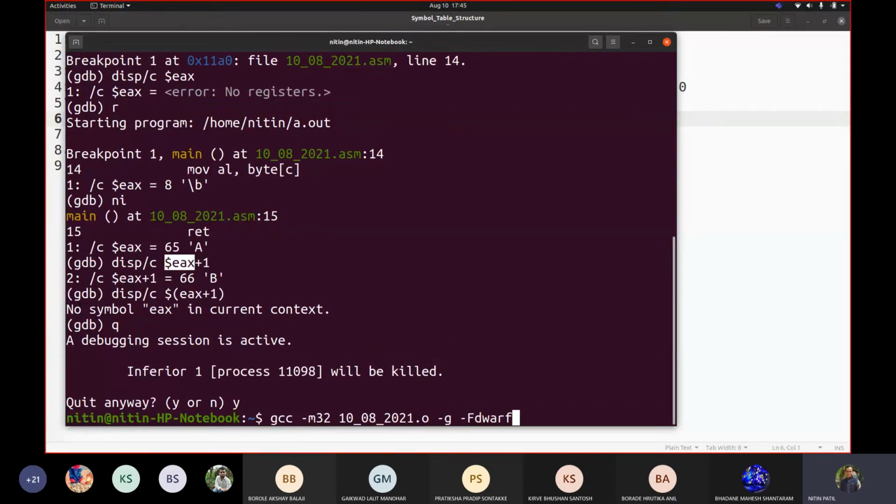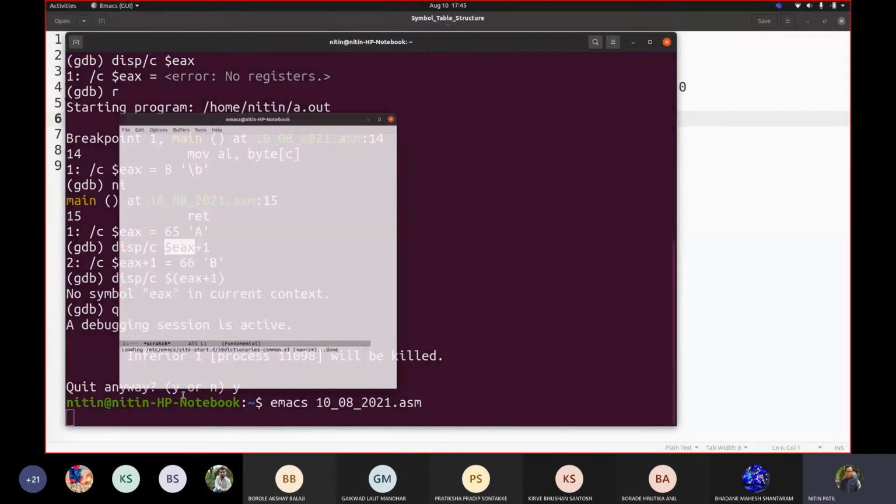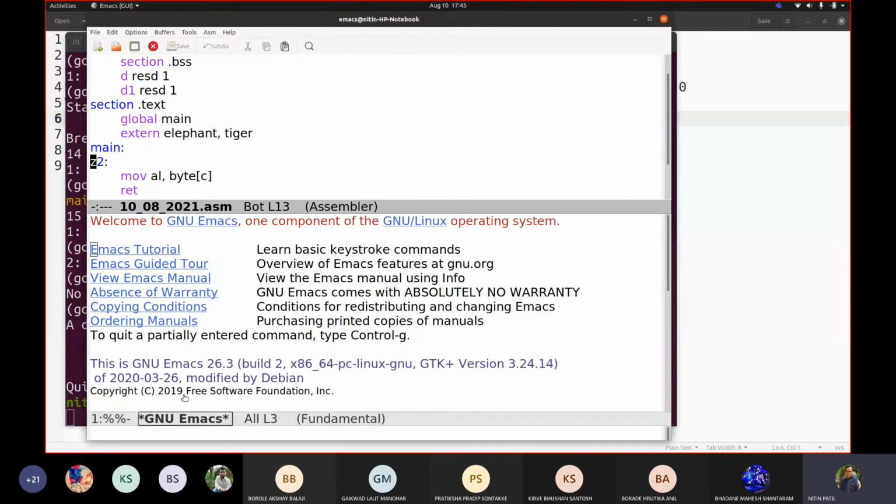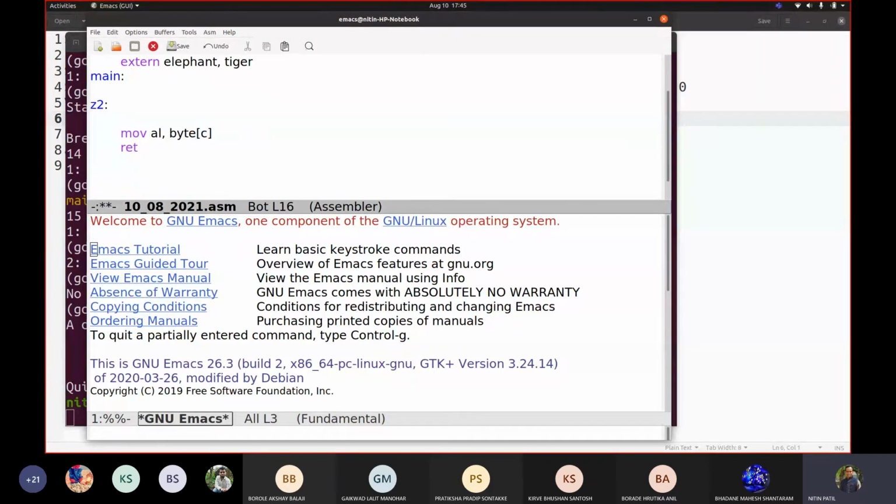No. Okay, so let us go here and add something like this. Move EDX comma C. So you write EDX, increment EDX, increment EDX.